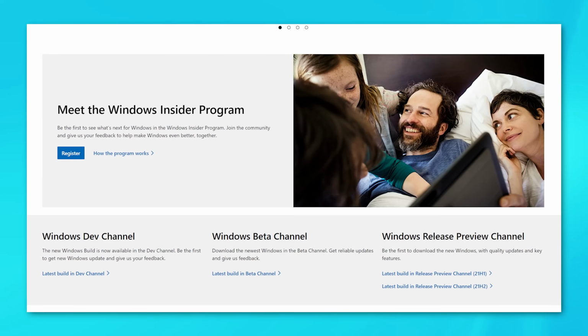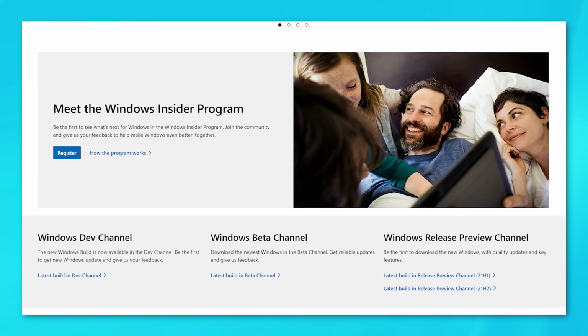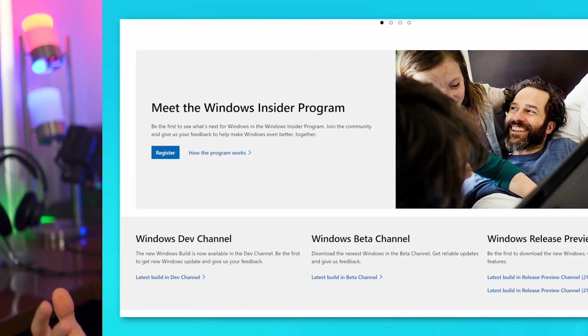Again, it's free, you just enable it on your computer, but if you try to go to the ISO download page, it's going to tell you to log in. Now, you probably can get the ISO from elsewhere. People have probably uploaded it. I'm just talking about the official page.